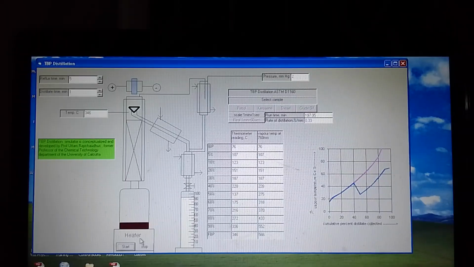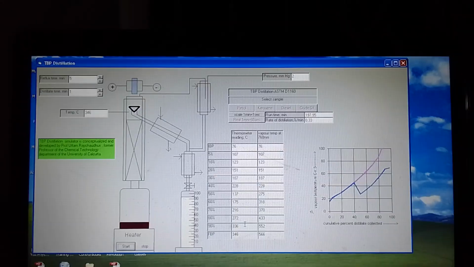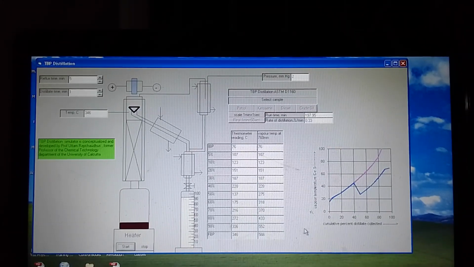The heater is also a well controlled temperature system, so naturally this process is very costly, but more accurate because of the